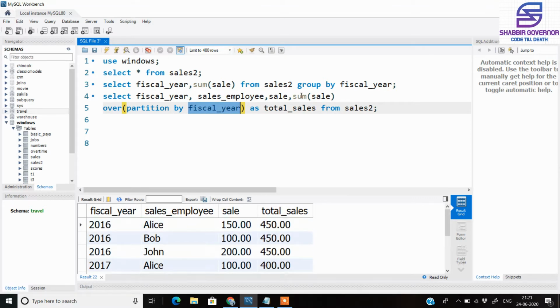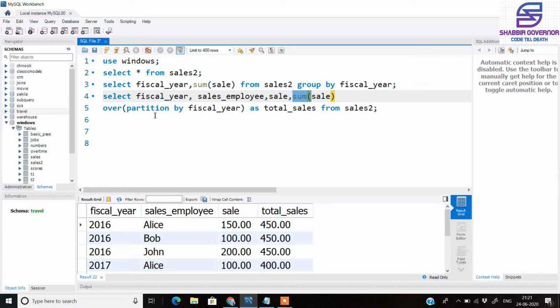And here this sum is being used as a window function, and it is adding all the sales in the particular fiscal year. So if you see the table, for 2016 itself we have 150, 100 and 200. So if we add them, the total is 450.